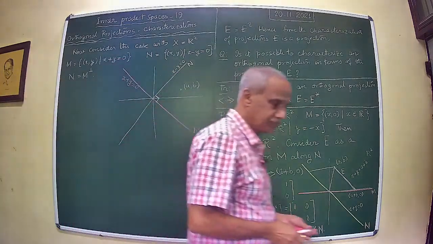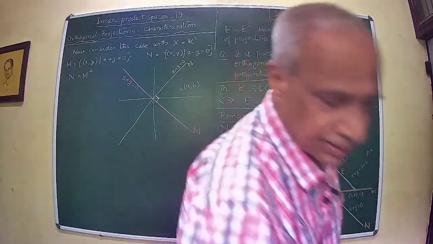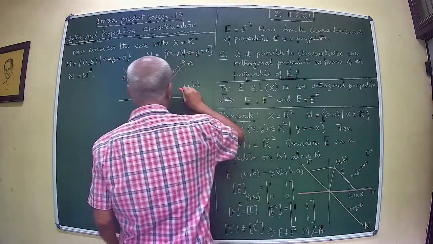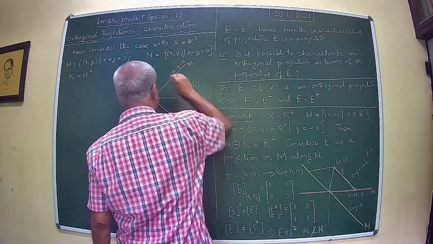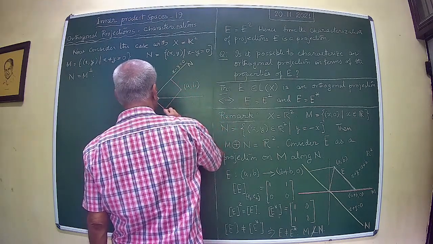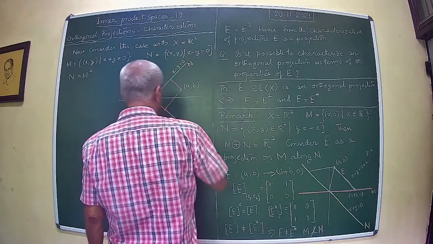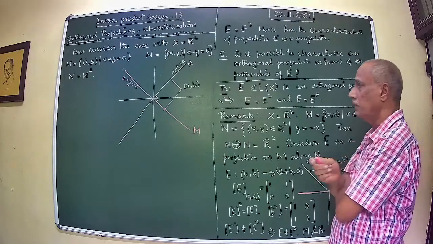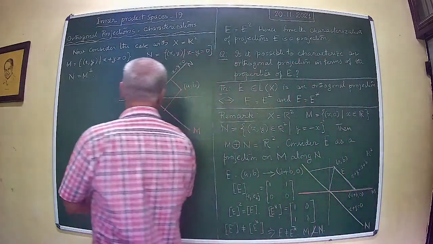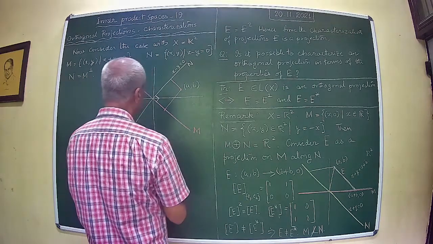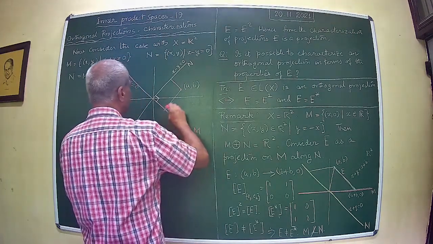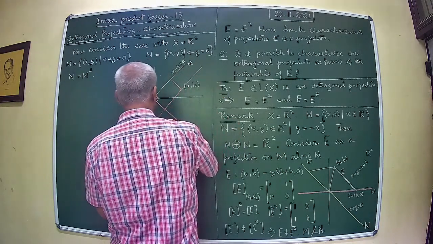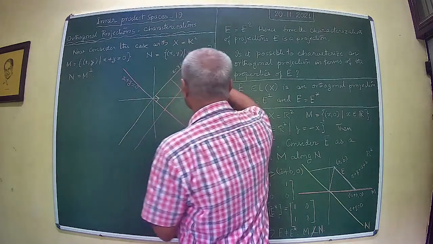That is done. Now let us work out the projections. Okay, right. So what do you have? You take the projections. Find out the coordinates of this point. So we are trying to find out what is the projection of AB onto M. Okay, so let us work this out. What you are doing is you are trying to find out the equation of this line. The equation of this line is x